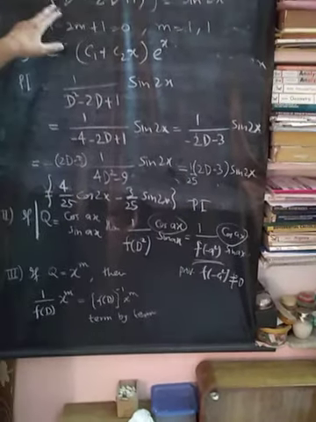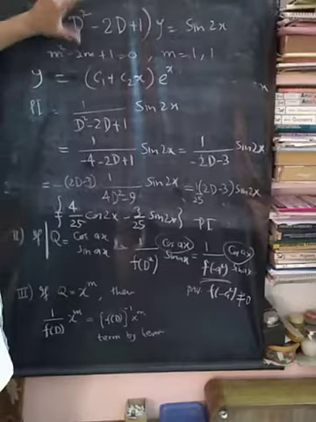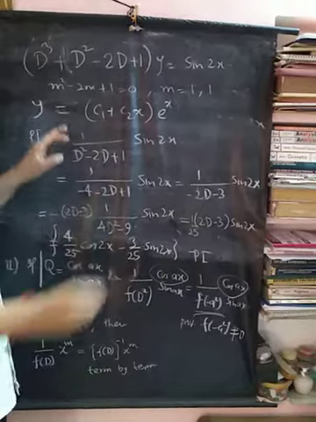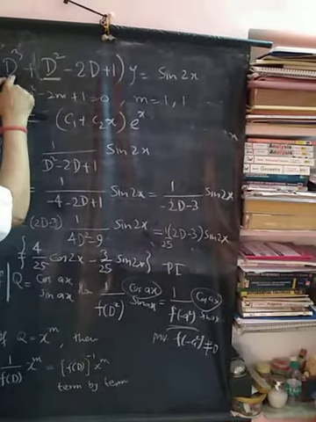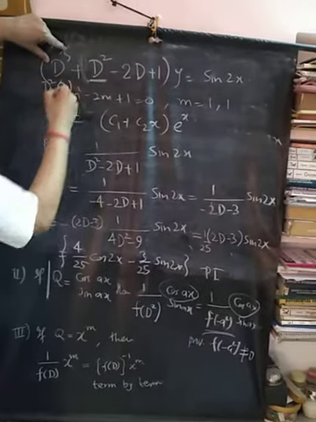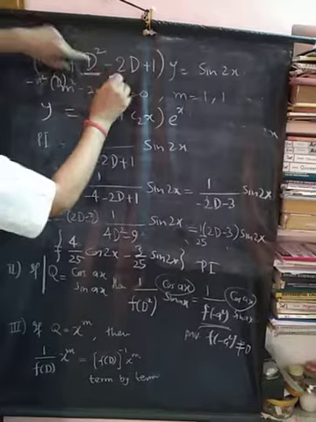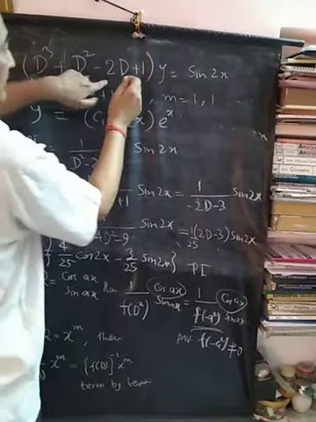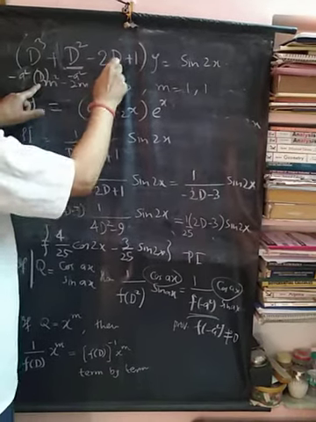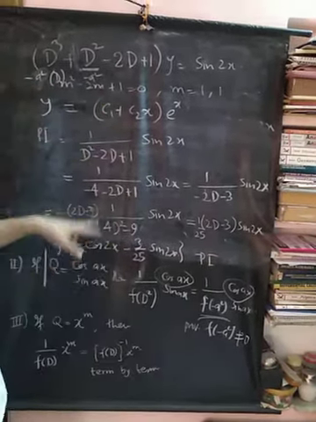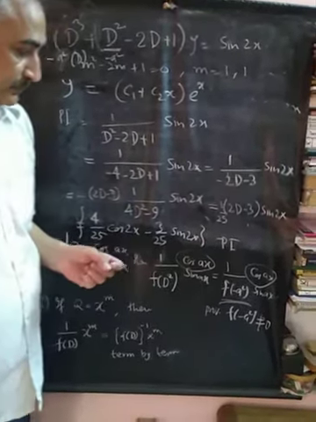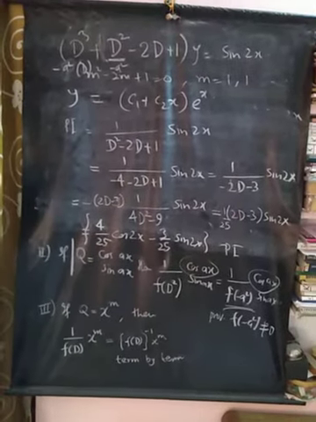So if your left hand side is like D cube plus D squared, something like this, then you will replace the even powers, but the D term you don't change. So there will be minus a squared here, and you will have some D term. Get a term in D and make it again D squared by multiplying and dividing suitably in the numerator and denominator. You can do enough practice from this much.